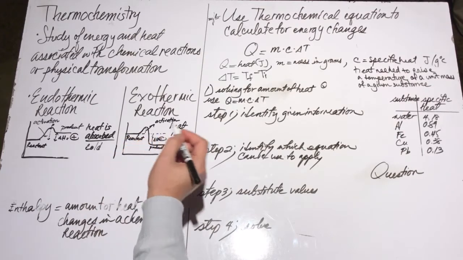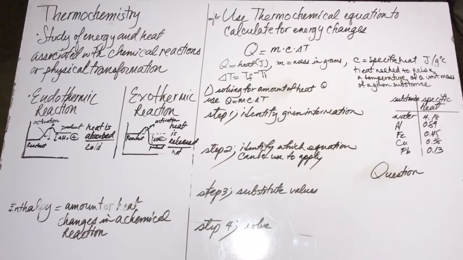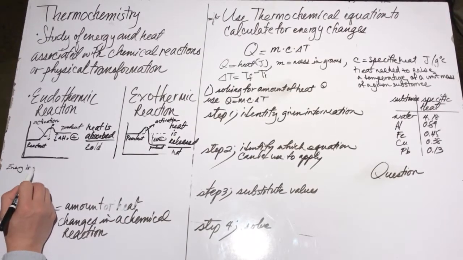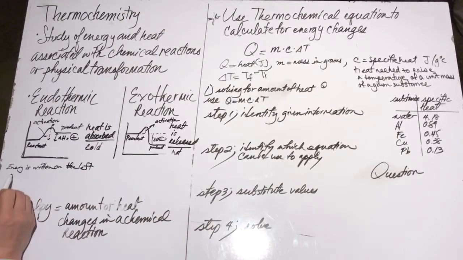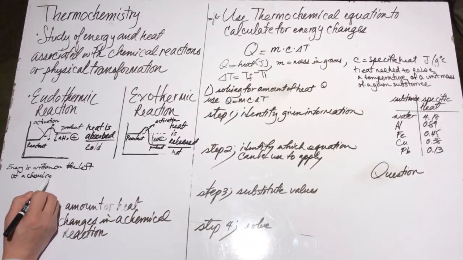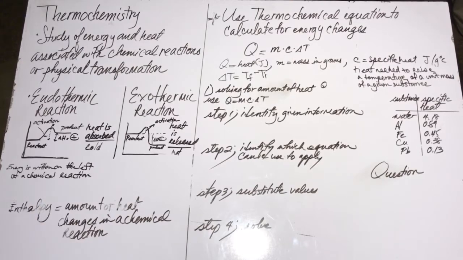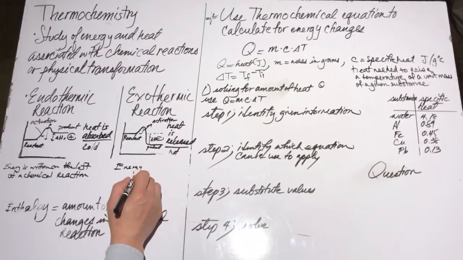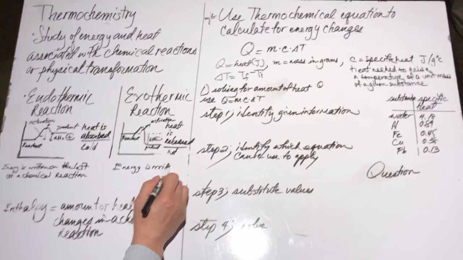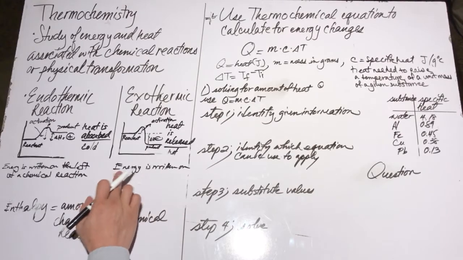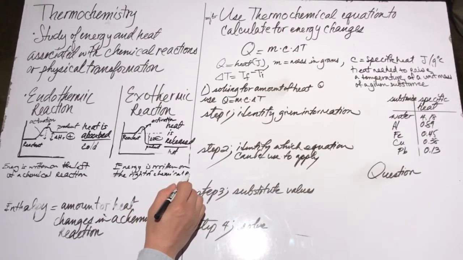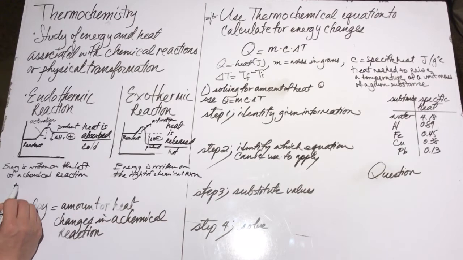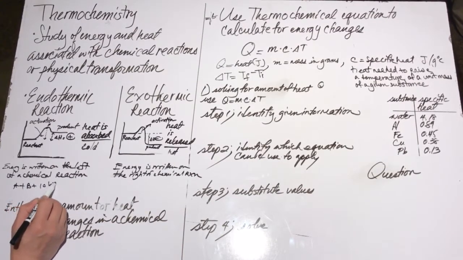That's easy, simple rules. That's a rule of thumb. But also, I'm just going to tell you this one also. In an endothermic reaction, the energy is written on the left of a chemical reaction. In an exothermic reaction, the energy is written on the right of a chemical reaction. For example, I'm just gonna give you A plus B plus 10 kilojoules is equal to C